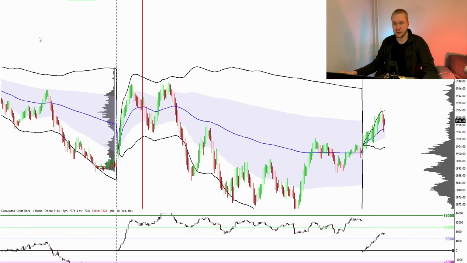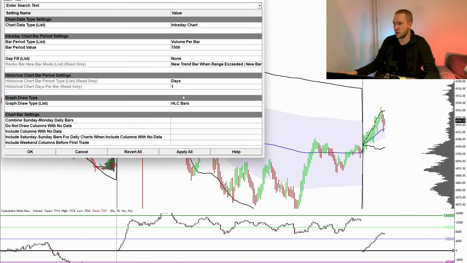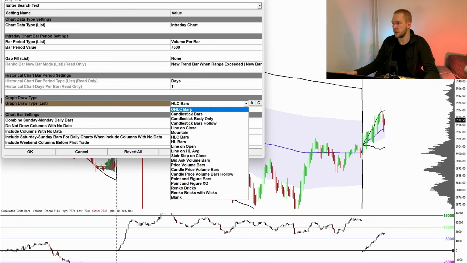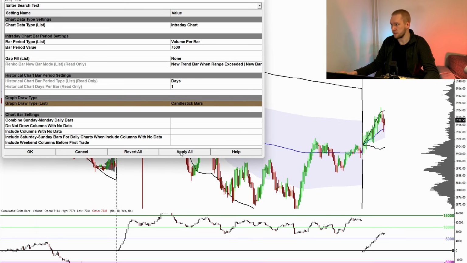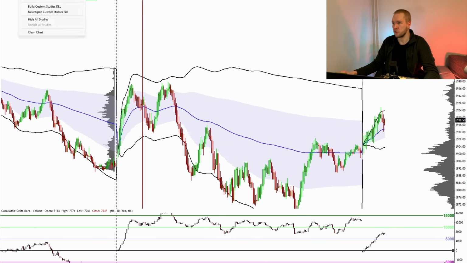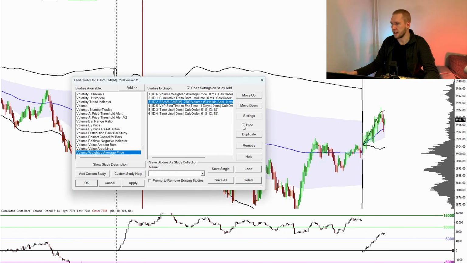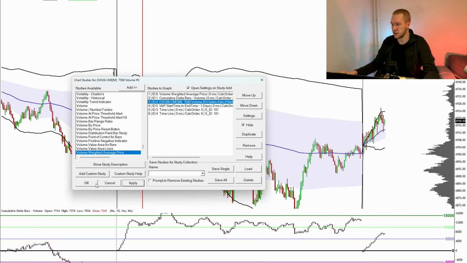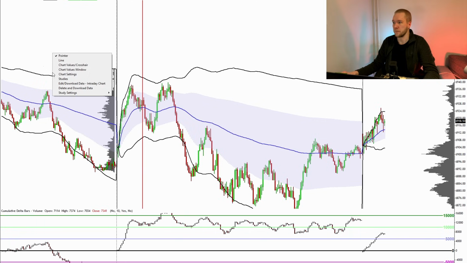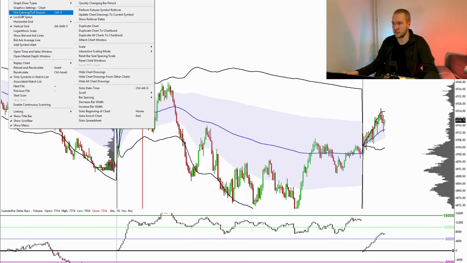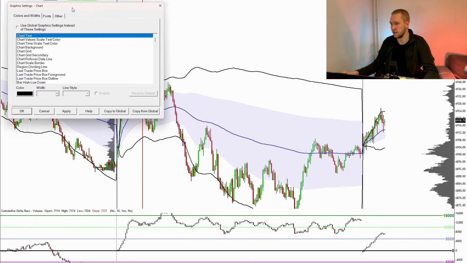Now, for this first customization, we're going to change the graph draw type into candlestick bars. And we're going to come to studies, and we will disable our Heiken Ashi. And I have actually duplicated the chart so that I can just show you how you can do this without me actually changing my own chart, because this is not how I like to have my chart. Then you want to come to